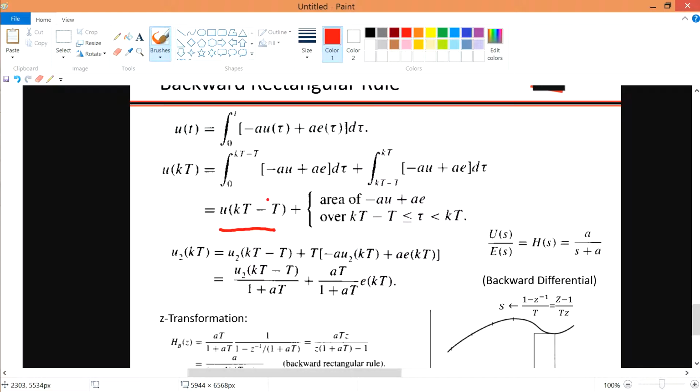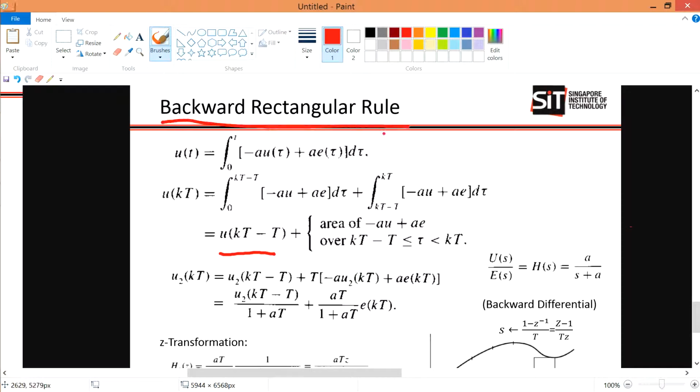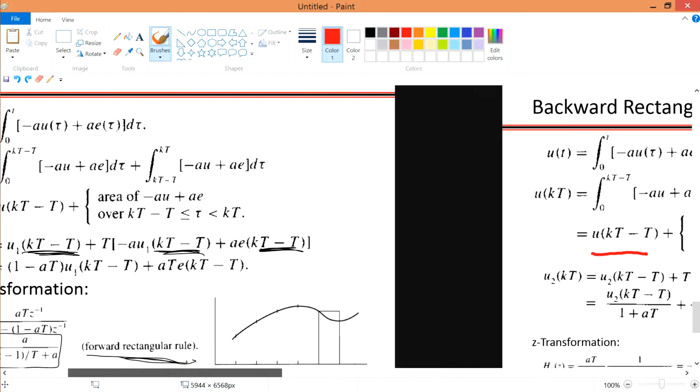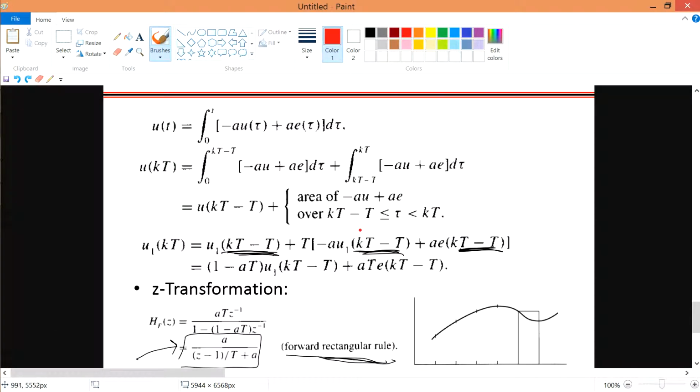And if it's for the trapezoidal, this is also U(KT minus T). So the first term over here is always U(KT minus T). However, the only variation is at this particular second term, which is where the magic comes from. Your minus AU